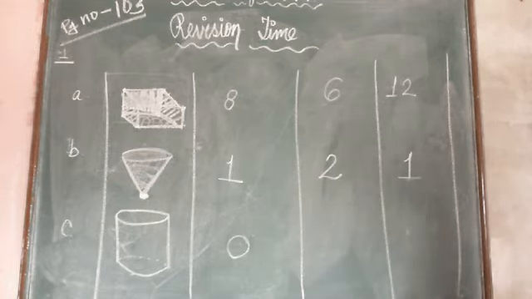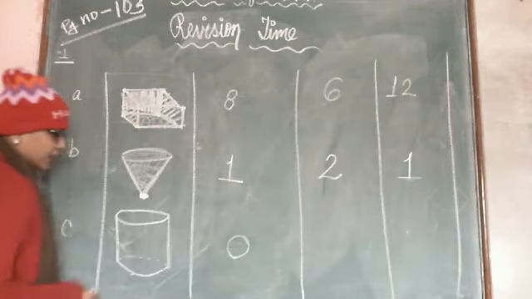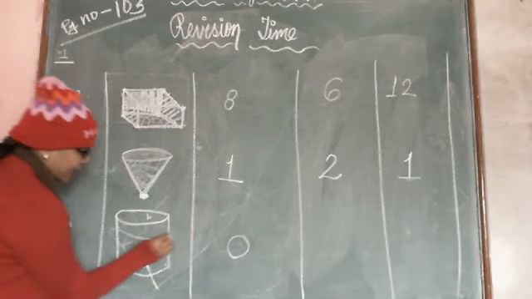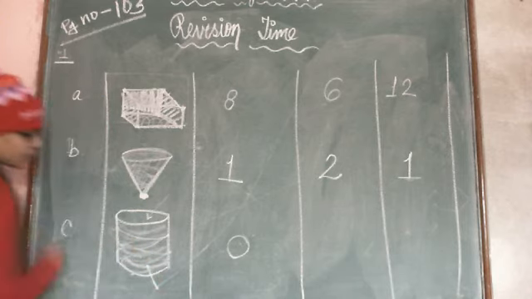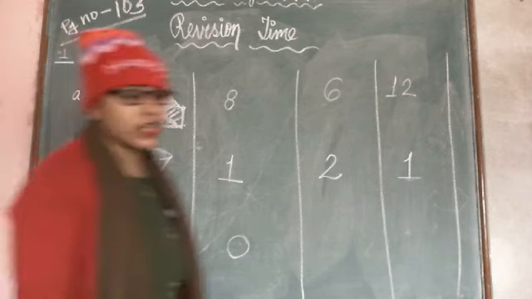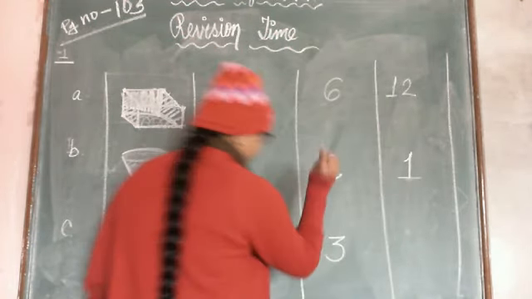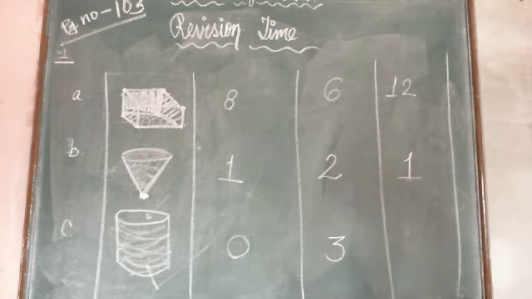Yes, number of faces is 3. We learned that this bottom one is a flat face and this is a round, circular face. So there are 3 faces. So in the column number of faces we will write 3. So number of vertices is 0, number of faces is 3 and the number of edges is